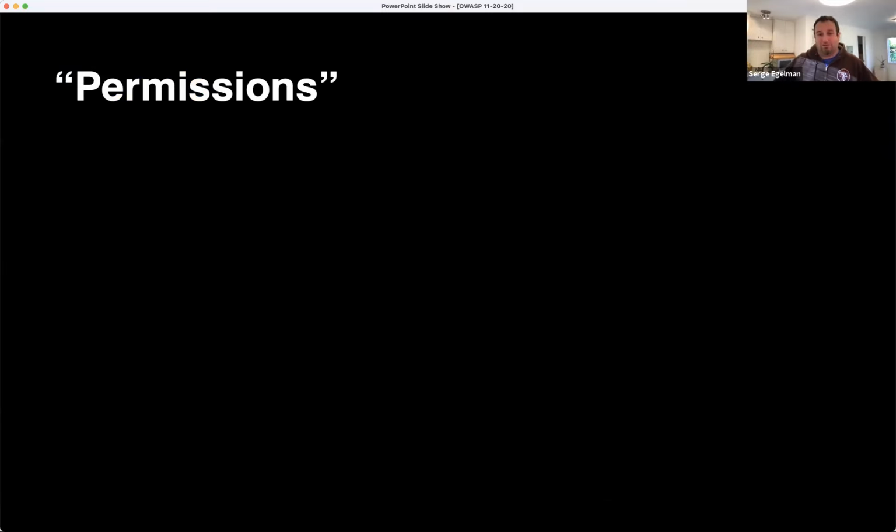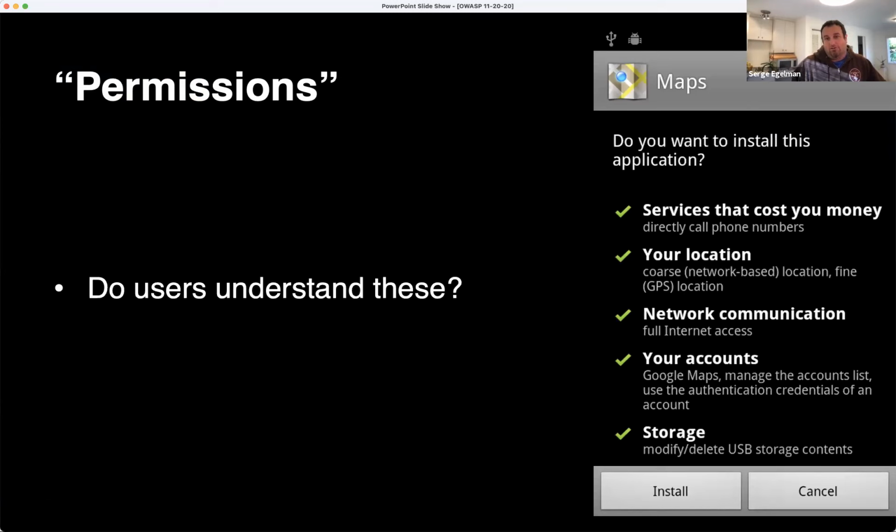So in the beginning was the word, and the word was permissions. So 10 years ago, when I first started looking at mobile privacy and mobile security generally, everyone at that time was pretty much just looking at app permissions. On Android, you had these dialogues which told users what types of data an app might have access to. We did some studies early on to see whether users understand these.